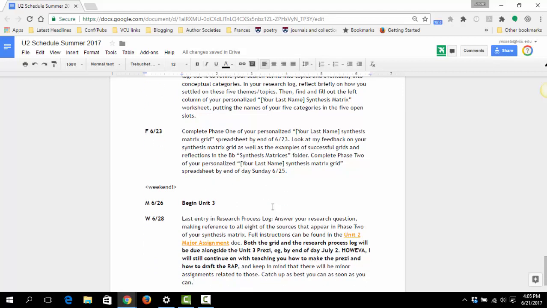First of all, I understand that everybody's research process is going to mature at different rates, and that's fine. We're all different people, we learn differently. I don't really have any desire to create draconian due dates that would penalize some people and not others merely because of things that are often beyond your control, like work or other classes or what have you. So I do need you to finish Unit 2,